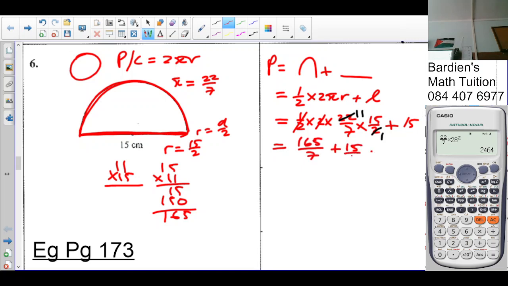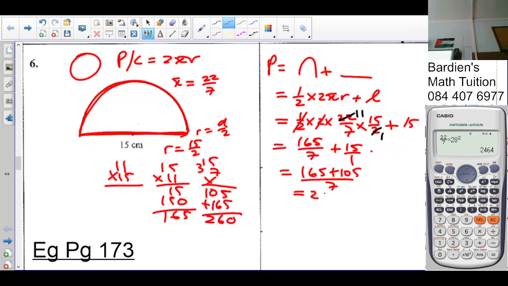Okay, so 7 times 15 is going to give you 105. So 165 plus 105 over 7. That's going to give you 260 over 7